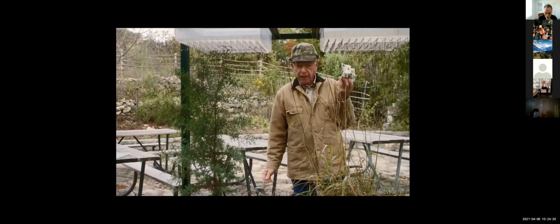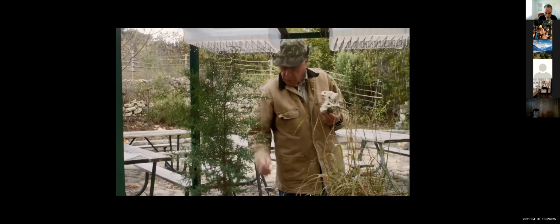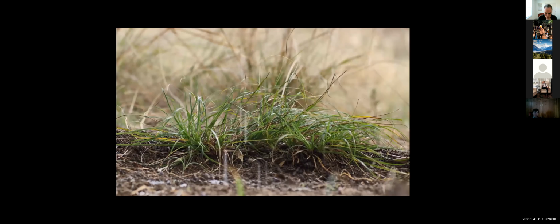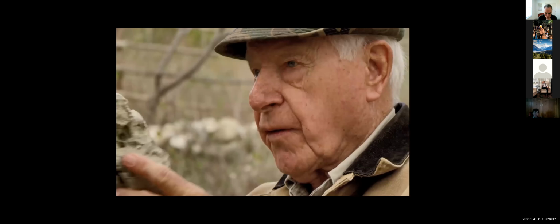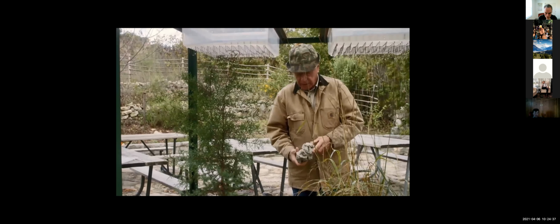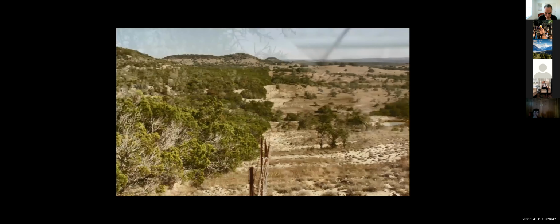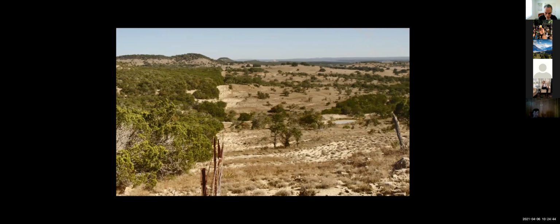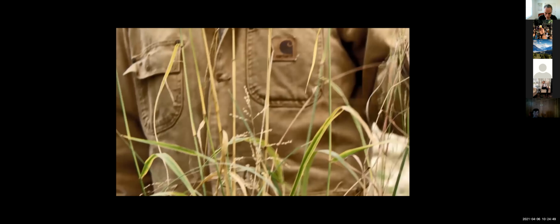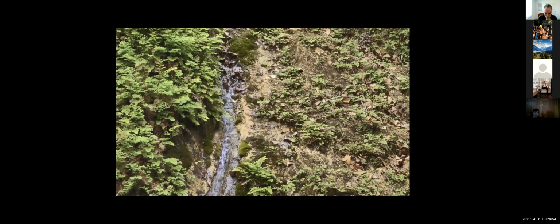It was dry. It was dry because the water that was coming in was running off as opposed to sinking in. When I came here, all of the little holes in all of that limestone were just as dry as the one I'm holding in my hand. Now what happened? We replaced that condition with this condition. 2.5 years after we began, the first spring came to life.